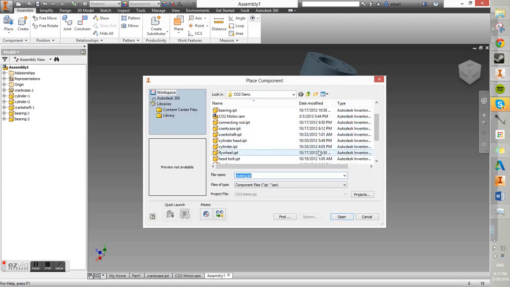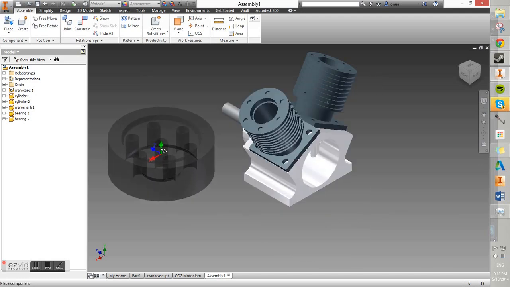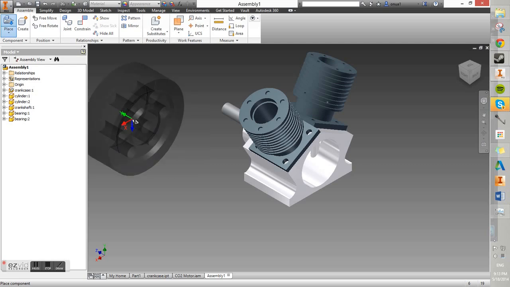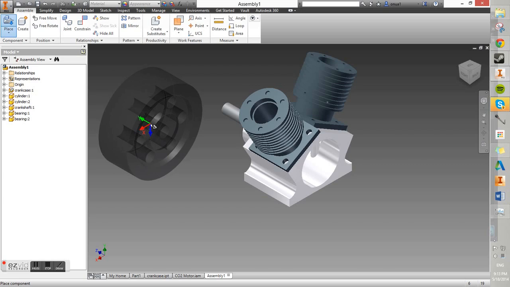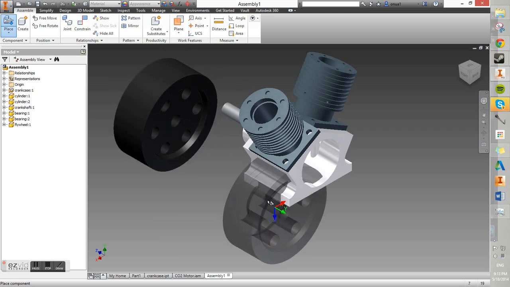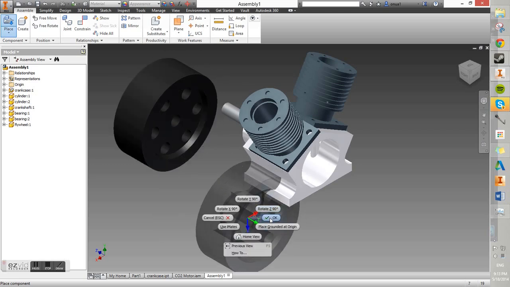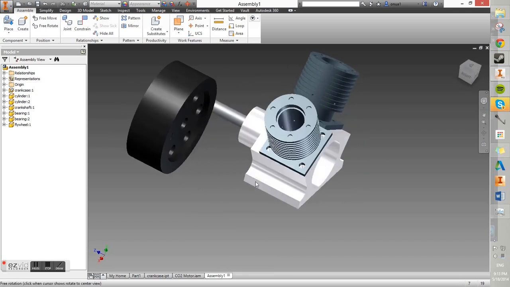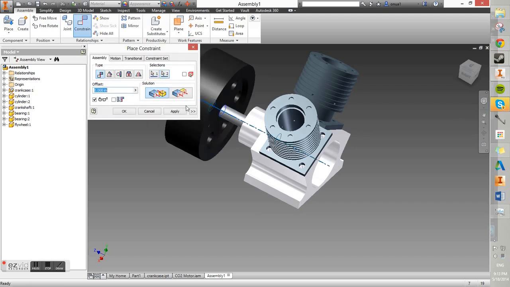So the flywheel is what connects to the crankshaft, but if you notice, not in the correct orientation. So instead of orientating it later in the process, we can do it now by right-clicking and using the placing commands, by rotating it about the little directional axes we get when placing the part. And then we can right-click, hit OK, pivot around, and now we could join this kit together, but let's use constraints so we can see other types of constraints. So first we're going to constrain the axes,